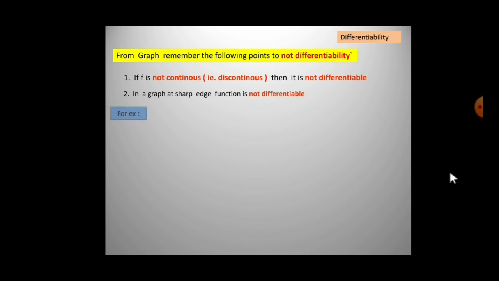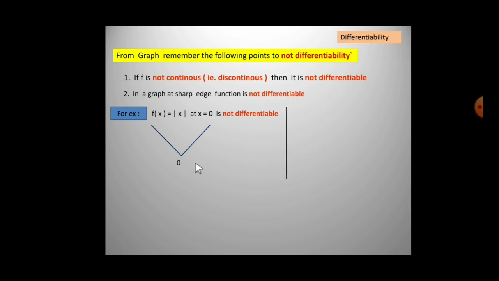Okay, let me give some examples for this second point. Modulus of x function. You know the graph of modulus x. This is a V shape, that is the graph of mod x. When you draw the graph of modulus x, here at the 0 point, you can see that we get a sharp edge. Therefore at the 0 point, it is not differentiable. Already you proved that in the first video. So modulus x function is not differentiable at the 0 point because of this reason. By the graphical method, just observe this sharp edge. If a sharp edge is there, it means it is not differentiable.